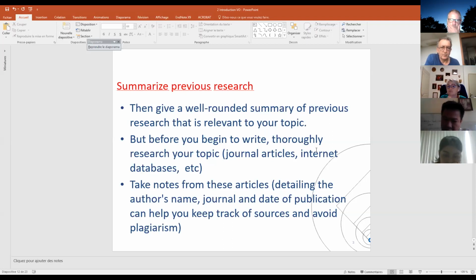Take notes when you're reading these articles. Make sure that you keep track of the sources, and to avoid plagiarism, if you're citing somebody else, you need to cite them correctly in your text. And